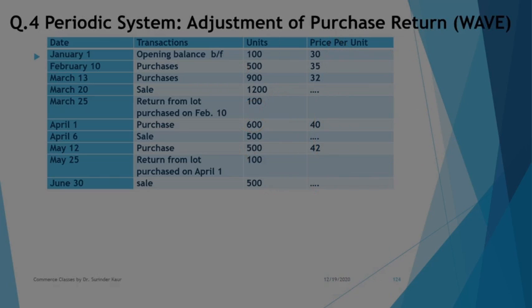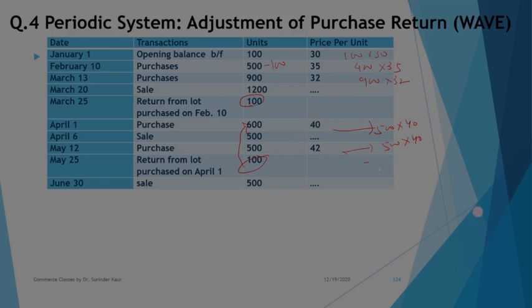Now the same method will be used for weighted average also. So herein it will be 100 into 30. By now you must have understood by heart, right? So these are your lots available for sale. 500 into 40. Now you can understand why we are taking 500 and then 500 into 40, because you had 100 units deducted from here because you returned it. You had 100 units deducted from the February 10 lot.